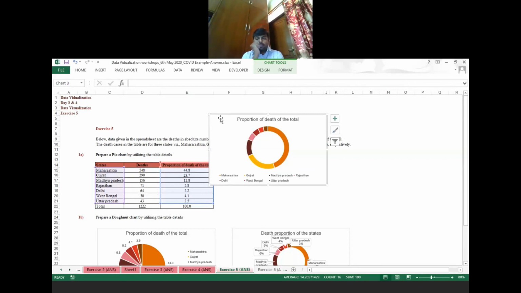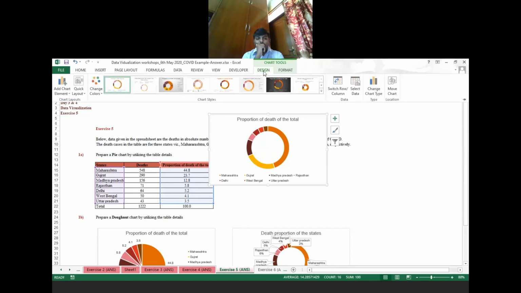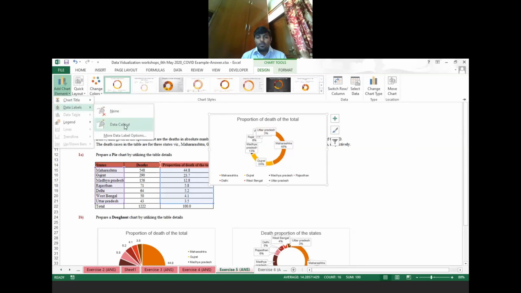From here, if you want to give the value labels, go to the design option. Next move to add chart elements. Go to the data labels. The second option is there, data callout. I'll show you again.